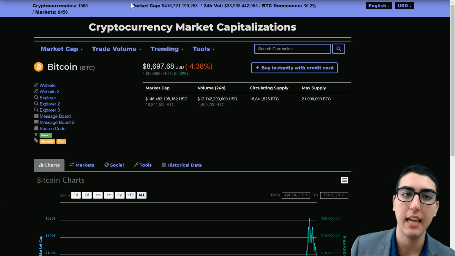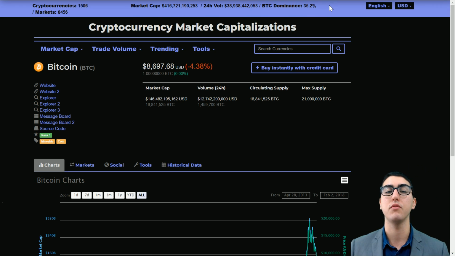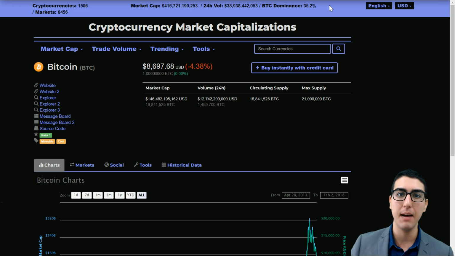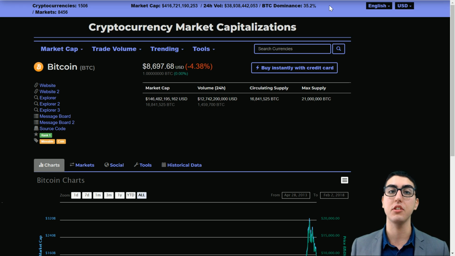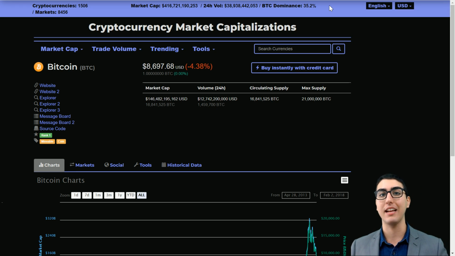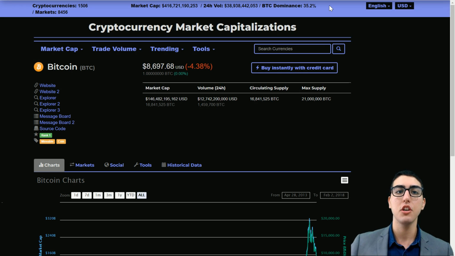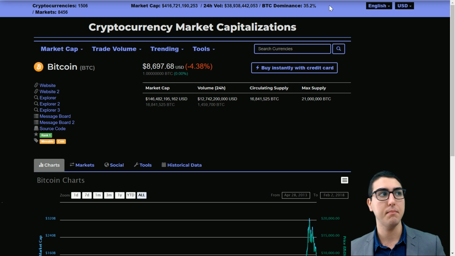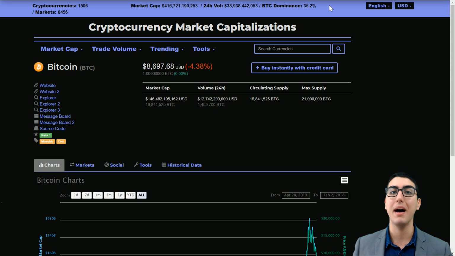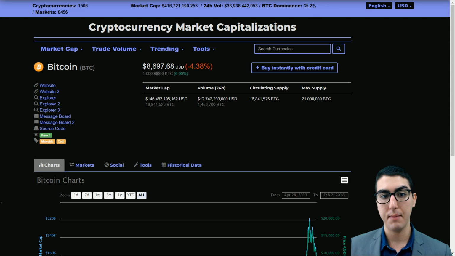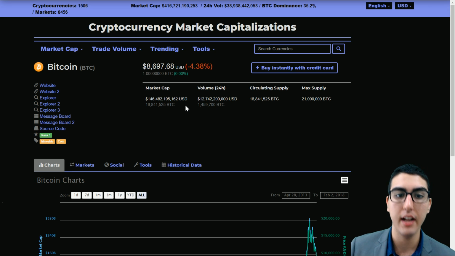So the market cap can be skewed in a lot of ways in terms of knowing how much money has actually entered the market, how much physical currency was put in to create that market cap. And then in this market, there are other influences such as mining, right? When miners mine coins, you don't necessarily have to pay for them other than the electricity costs and maybe the cost of the initial investment in the miner and such. So understand, with Bitcoin's total market cap right now at $146 billion,